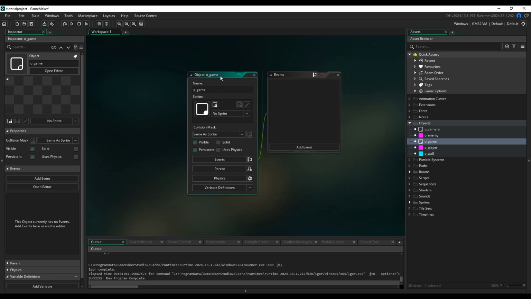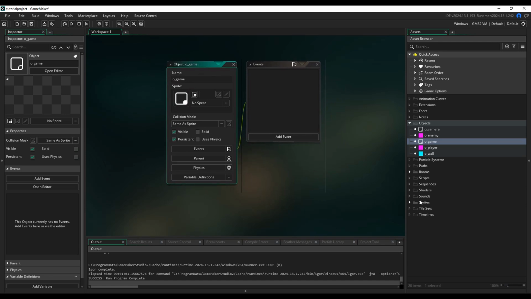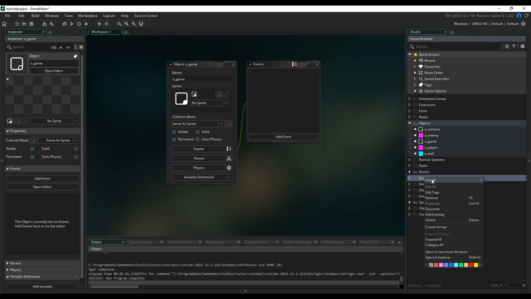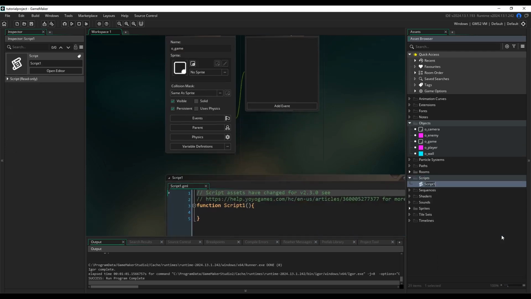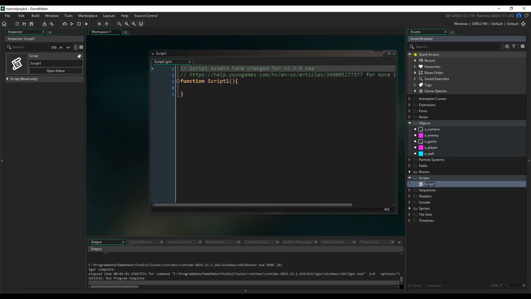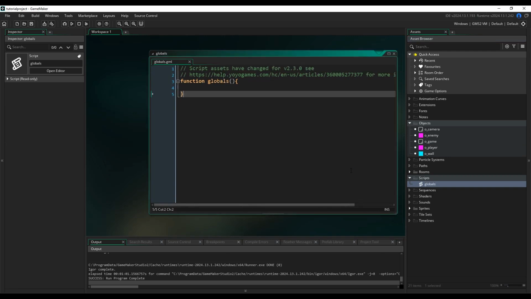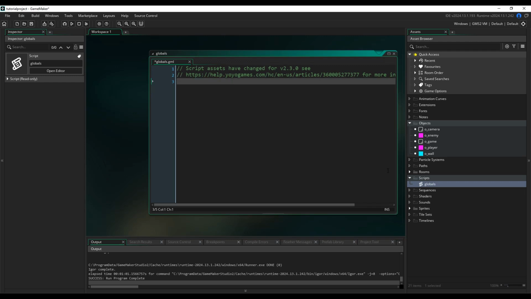And actually, before I get going on coding in this game, I'm going to create a script. I'm going to call this globals. This is another thing that I always do. I create an empty script without a function, and I use it for declaring anything that is global in scope, whether it be a global variable or a macro. Anything that is global in scope that can be referenced by anything at any time, I always declare in an empty script. And the reason why I do it in an empty script, and more importantly outside of a function,